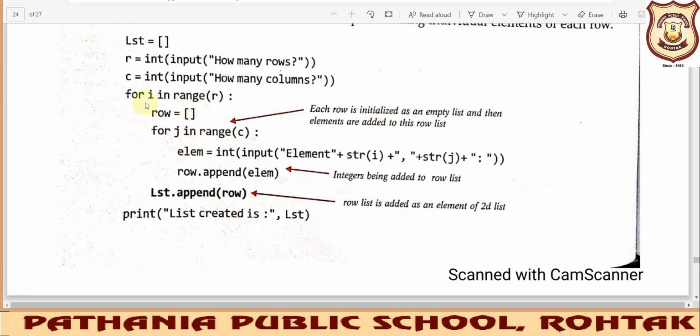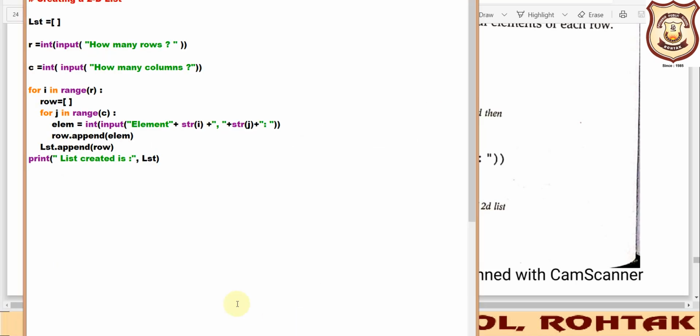Fine. So this was the loop for your row, and this is the loop for your column. Firstly the first row will start, and then inside that row we will create columns. If this is the first row and this is the first column, here we want that particular value to get entered. Let me show you the practical first so that you may have a better understanding of it.